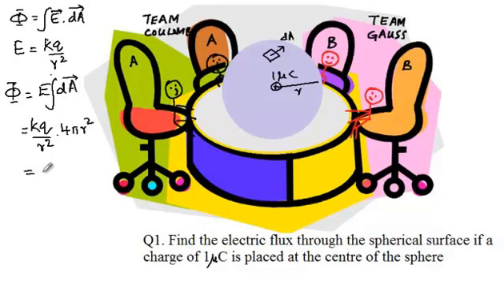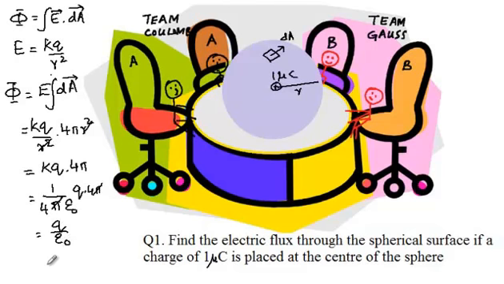So now this works out to be kq times 4 pi, and k can be written as 1 by 4 pi epsilon naught, where epsilon naught is the permittivity of the medium, times q into 4 pi, which is q over epsilon